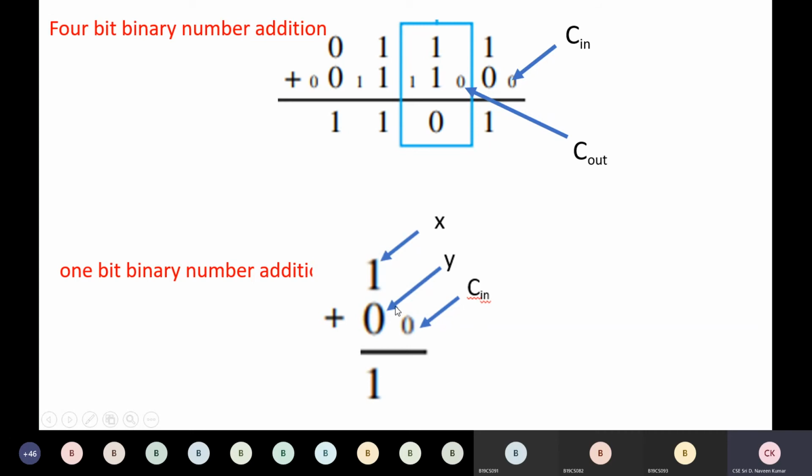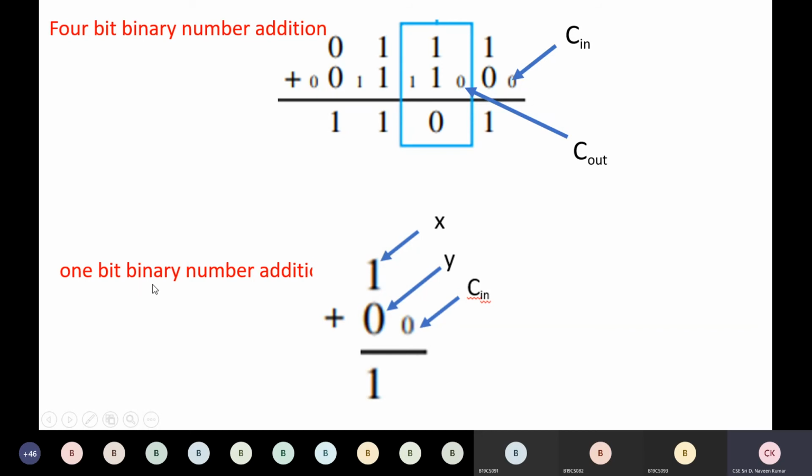So we have x, y, and carry. These are the three possible values. So at any moment we need to add these three and we get the result. So we already know this. How do we get this carry-in? This is maybe the result of the beside values, the extreme right side two values. After adding those two values, the carry out becomes the carry-in for these two numbers.